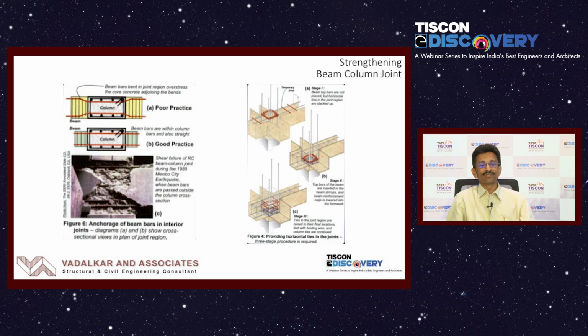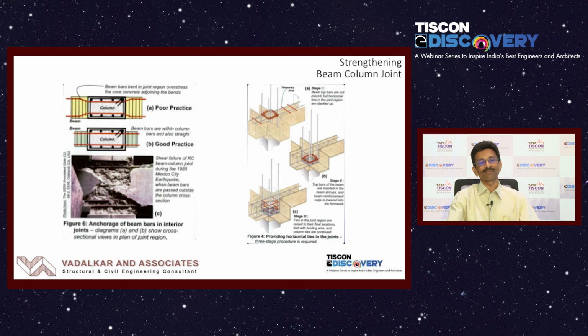In many structures, when we surveyed old buildings during our structural audits, we noticed that links are missing in the beam column junctions. That is very, very important as far as resistance is concerned, because if you put in the links, they will hold the joint together. Otherwise, during very, very severe shaking, the beam column joint can open up and there may be a collapse. So it is very important to place these confining links as per the code provisions in the beam column junctions, and how it can be done is shown in this sketch.